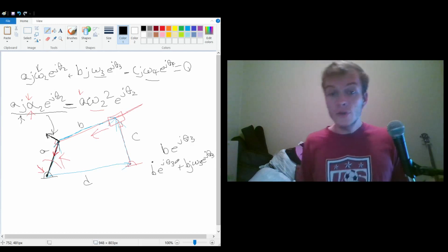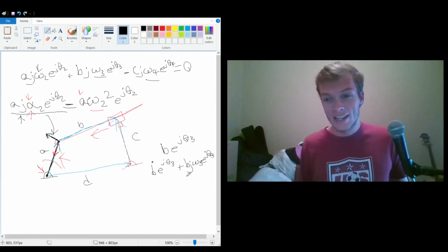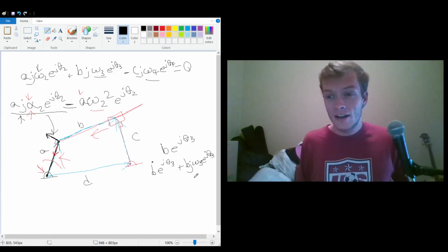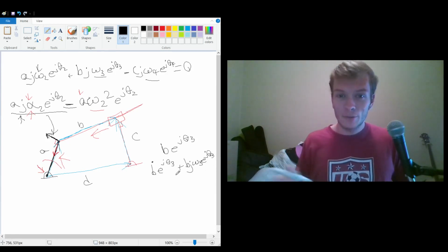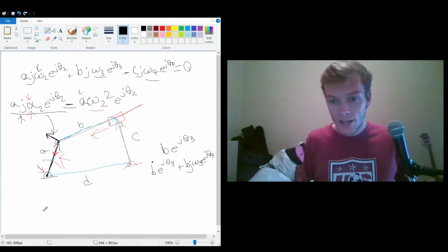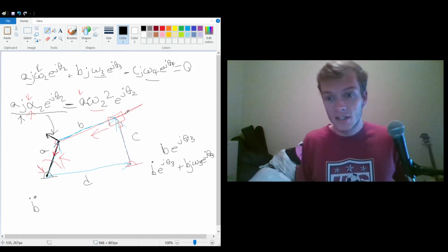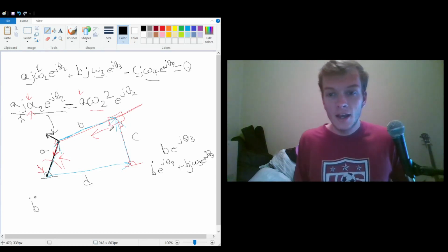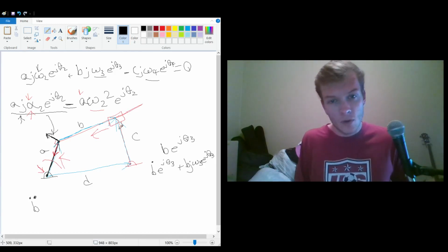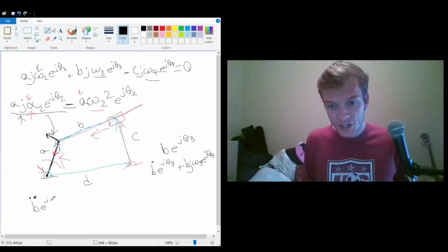And so this is two terms, and you can only imagine it gets a little bit more confusing in the second derivative. So I'll go ahead and write it out. Both of these have multiple terms that need to be differentiated with the chain rule, so it's going to be a long process. We have our b double dot, which is the acceleration of the length of b, or you could think of it as the acceleration of this rocker, essentially, e to the j theta 3 plus b dot j omega 3 e to the j theta 3,